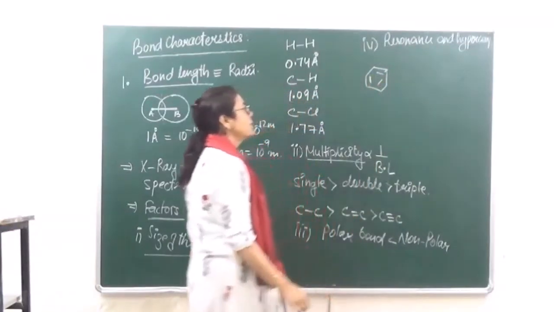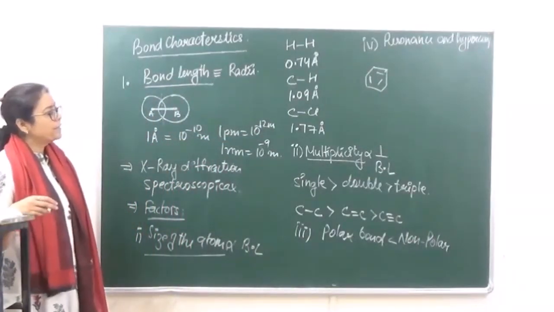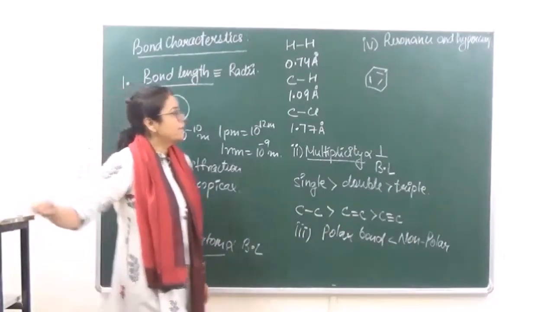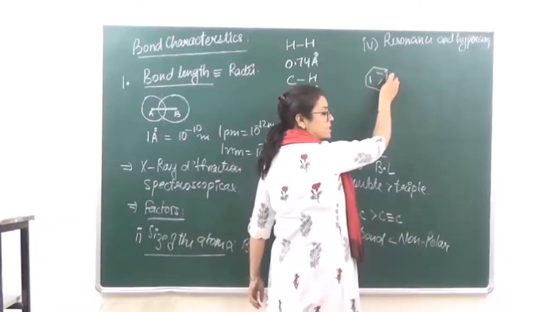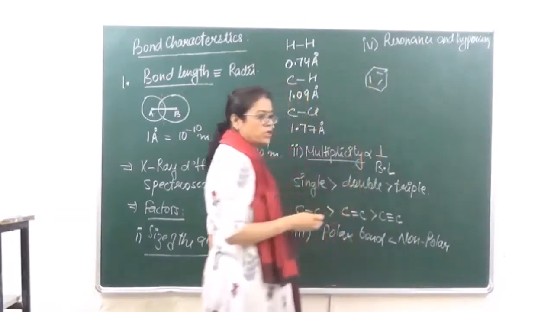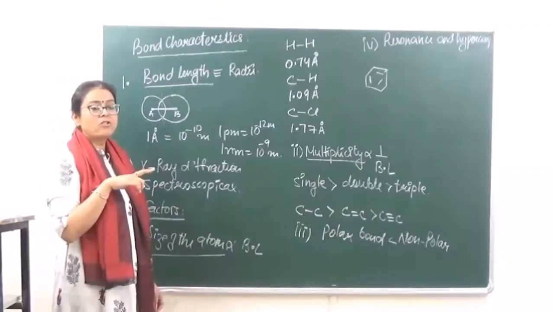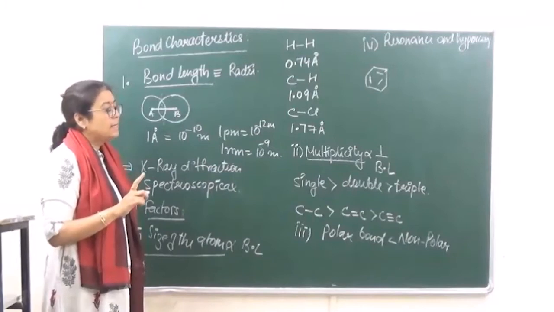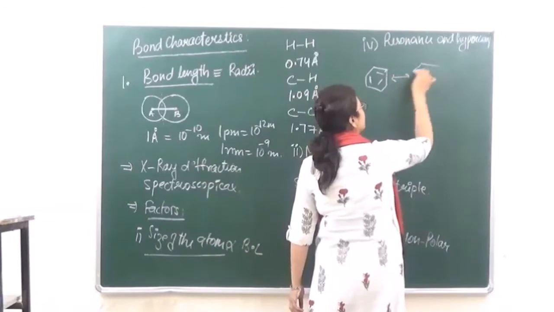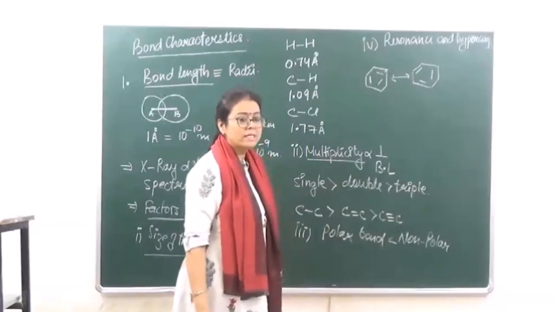we see that in benzene there are alternate single and double bonds present. Okay? So the bond lengths here should be those of a double bond and a single bond. If this is a double bond, its bond length should be different; this is a single bond, its bond length should be different; then this one should be like this one, and that one like that one. That is what should happen. But it is seen that all the bond lengths in benzene are of equal length. That is because the pi electron cloud present in benzene keeps on shifting, rotating, delocalizing.